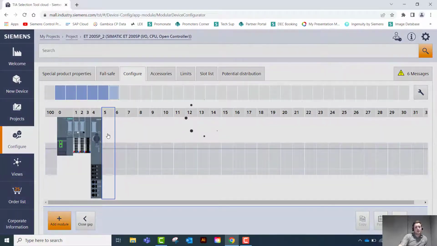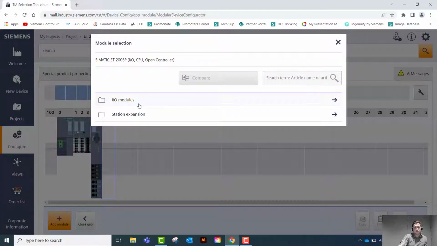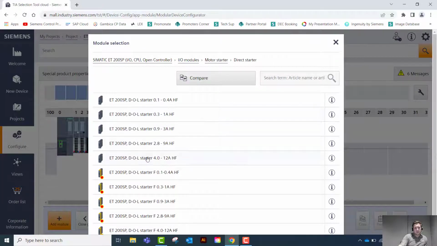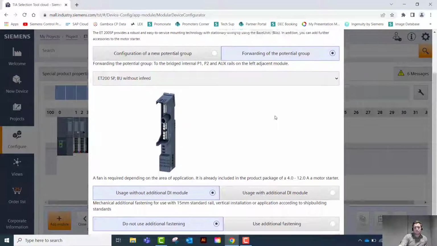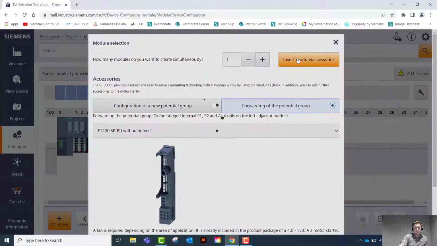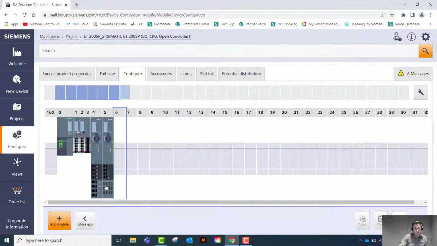So let's add in another motor starter, direct online, and let's say we've got another 12 amp version, and we're going to forward that group on and insert that module. As you can see here, when you forward a group on rather than starting a new group, you don't have to add in another three-phase supply, because it spurs off the initial three-phase supply of that group. And the maximum number of motor starters you can have on that group is up to